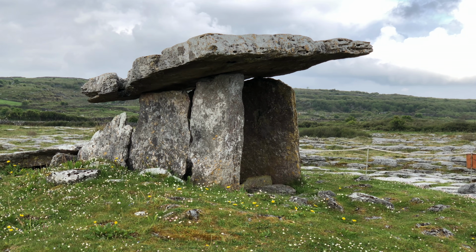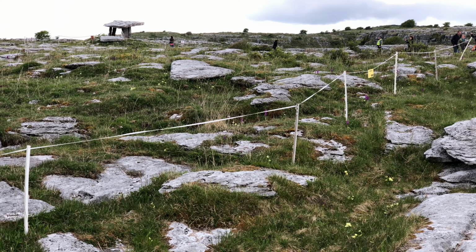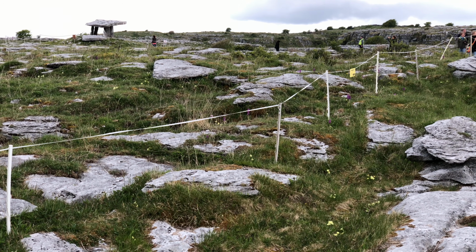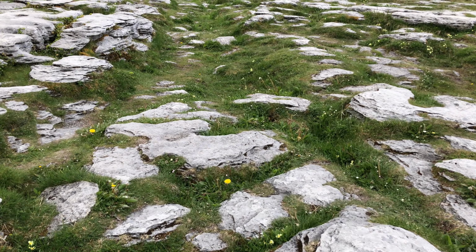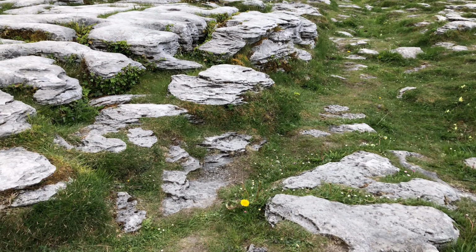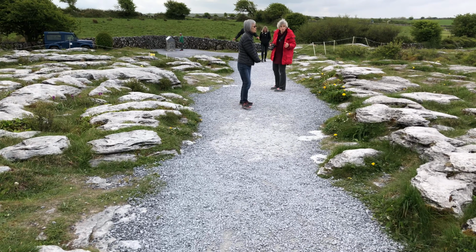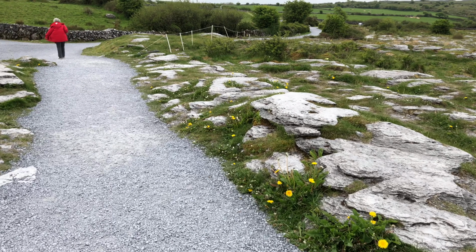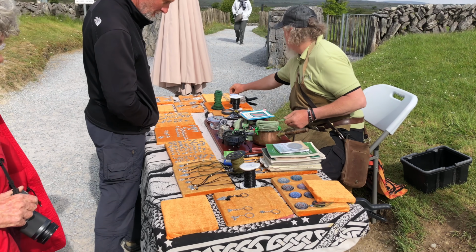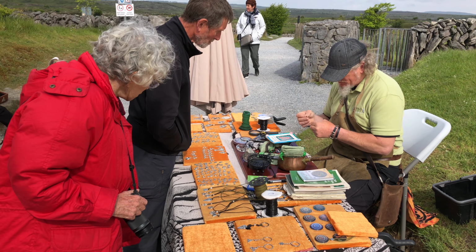So the exposed limestone pavement that we see today is a combined result of the glaciers and soil erosion from rain and removal of the woodlands for farming, creating a stone surface that is quite irregular, even though it does have patches of greenery and grass growing, but it's a little tricky to walk on it, so it's better to stick to the gravel path, which will lead you right to an artist who is selling his jewelry, made with